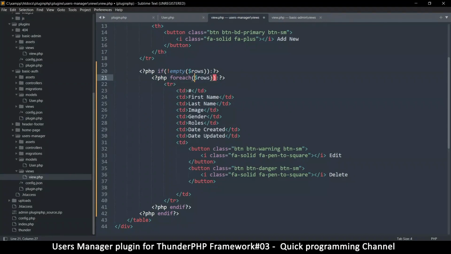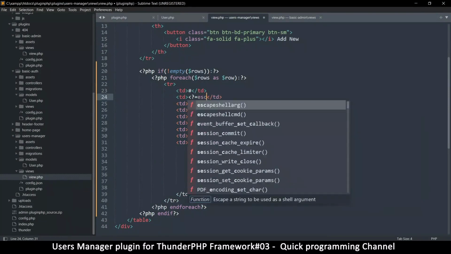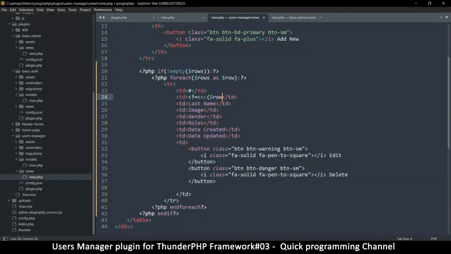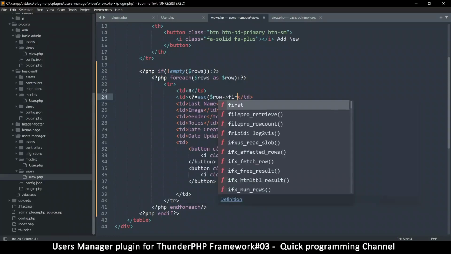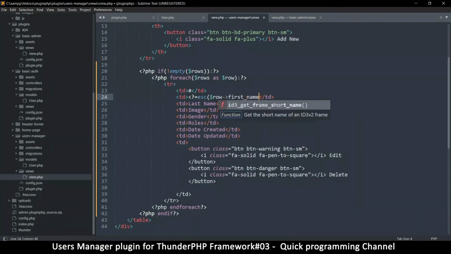Let's say rows as row, like that. And here we have to end the foreach, like that. Okay, so now we can put actual content here. So I will echo, using the escape function here, row, and do first name, close that and close that. Let me copy this to there,